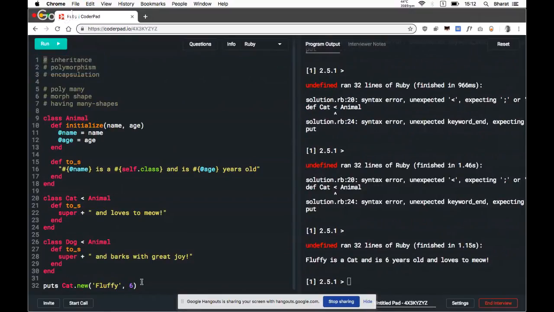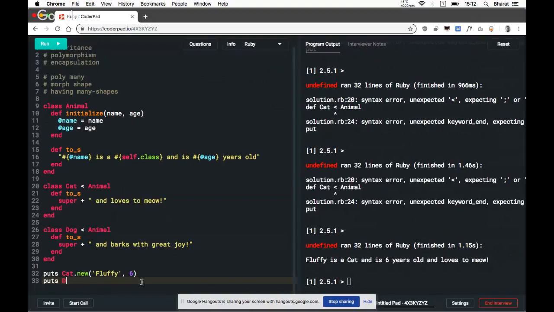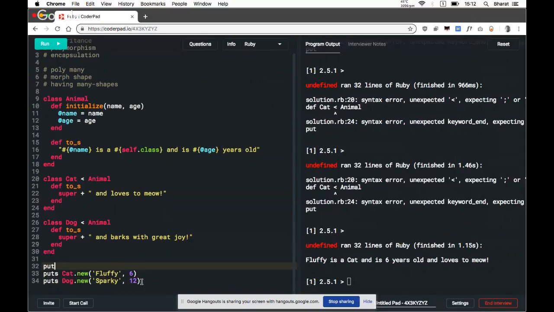And if we do the same with a dog and 12, and also we do animal.